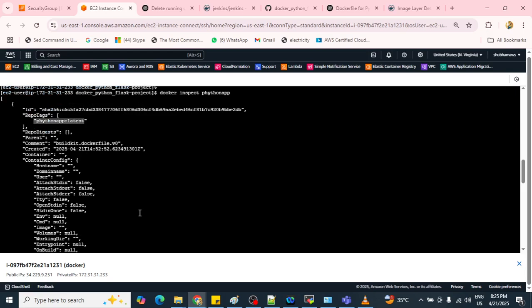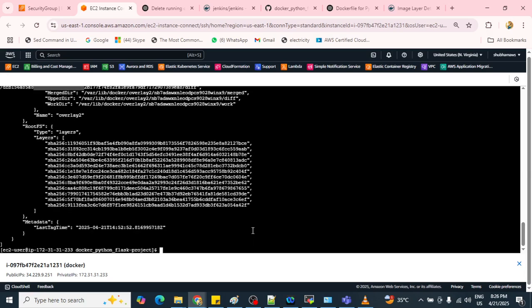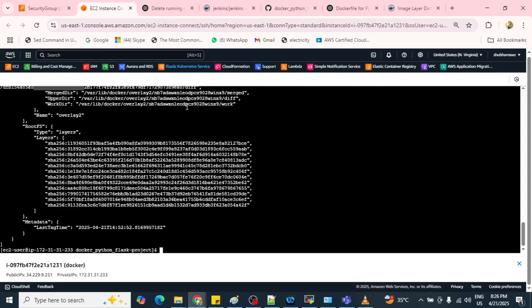If you want to create your own, say you want to download the Ubuntu operating system and import Python over that particular image, then you can also create it, and that is called a distroless image, which includes packages also. But here we are directly taking Python 3.6, and after that we are going to build it.